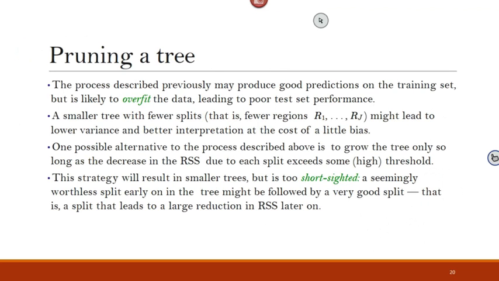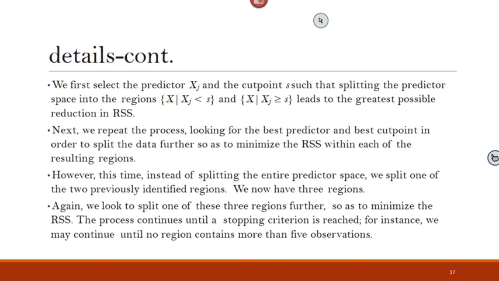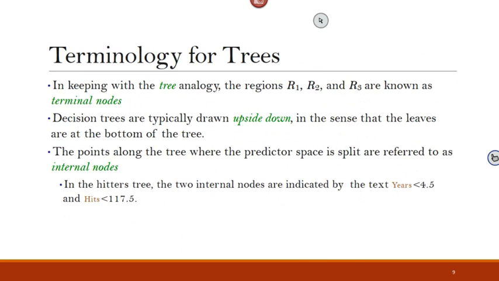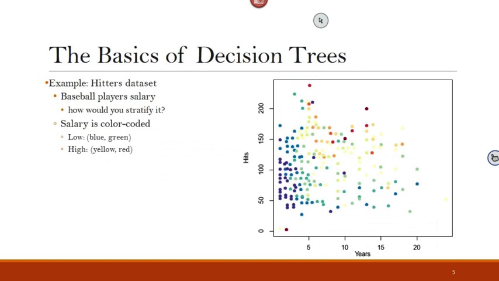Yes. Okay, is this a very flexible method or a very rigid method? No, this is very flexible. Okay, so you can build a tree, and you can grow a very large tree to the point where you will have each observation in one node, on one region. Yeah, you can do that. In here we stopped, right? If I go back to the baseball example in here, we just stopped at 3 regions. But you can also go further.